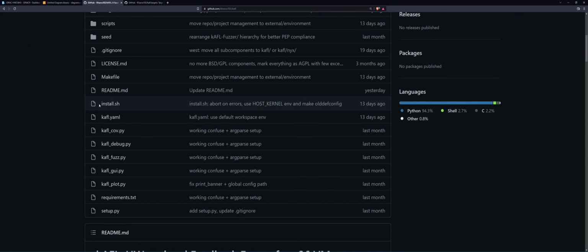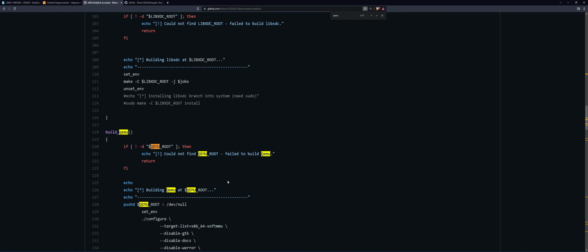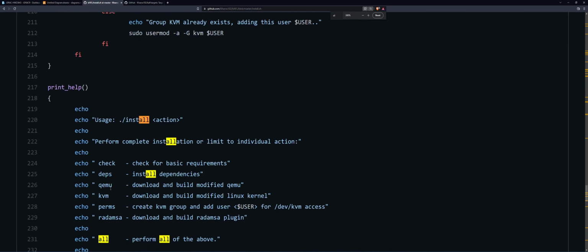In KFL, there was this install.sh, and in here there was an option to build QEMU right here. You'll download and build modified QEMU. Now when it builds it with VNC, such that when you run your guest, you can remote in with VNC. You might be able to modify the build script that we saw in kfl.qemu to include VNC support and launch it with VNC. Or presumably, you might be able to set your QEMU_path,